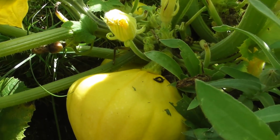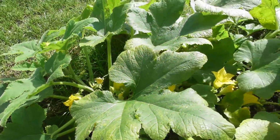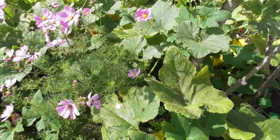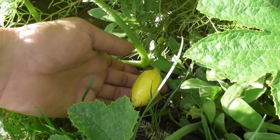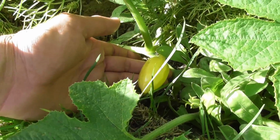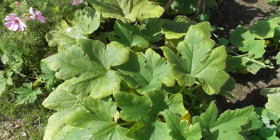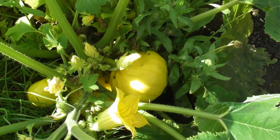Lovely. There's actually three in there, but I can't get them all in shot. So the thing about the yellow scallop is you can either... that's not a yellow scallop, that's a cream of the crop. Cream of the crop are prolific. Yeah, with the yellow scallop, you can either treat it as a summer squash, so just like you would courgettes